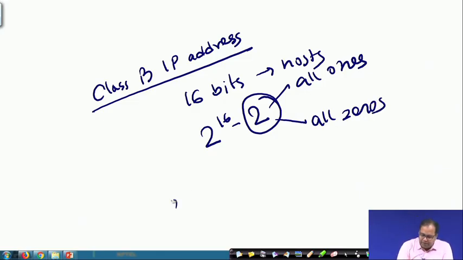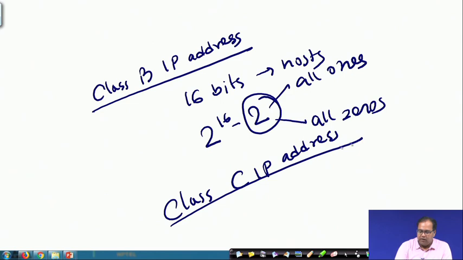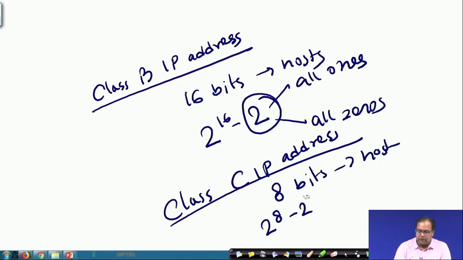For a class C IP address, you have 8 bits in host. Because you have 8 bits in host, the number of valid addresses is 2 to the power 8 minus 2. So, these 2 are again omitting all ones and